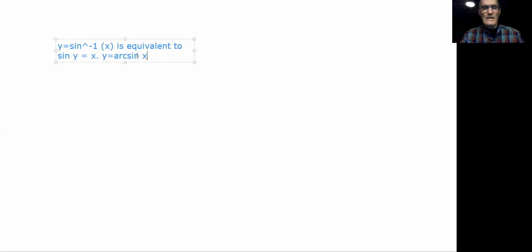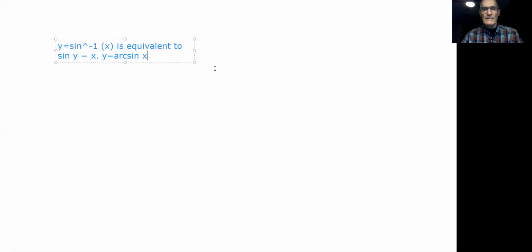Some authors prefer to use y equals arc sine x because in this case, where you have a minus 1 exponent, some students might think that that's the same thing as 1 over sine x, and that is not the case. So it's a little bit less confusing if you use the y equals arc sine x terminology. But the biggest thing you need to remember is you have an inverse